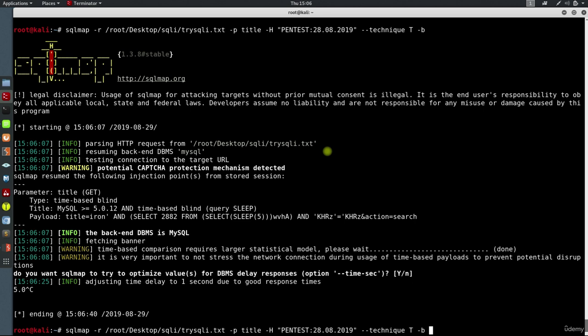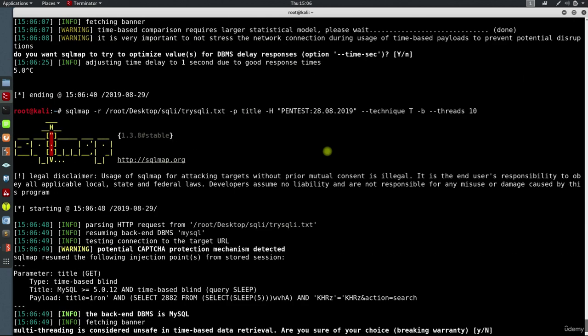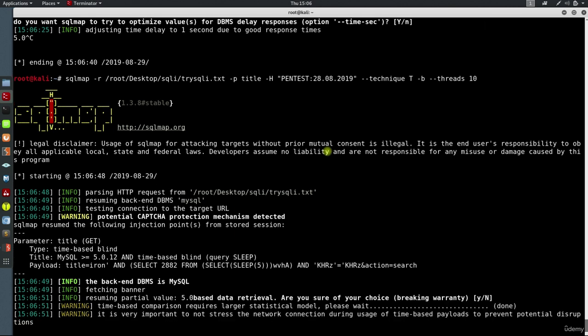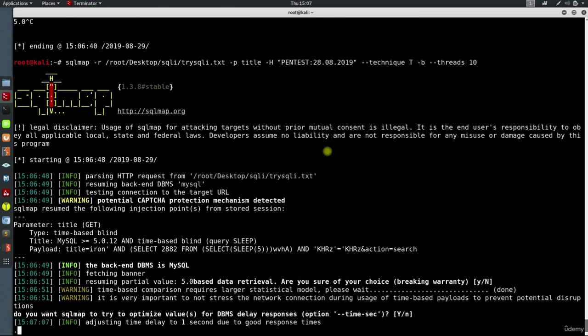So now you may think, well, adding threads to the parameter can solve it. Well, good thought, but I am so very sorry. It doesn't work for time-based SQL injections. And as you can see, SQLmap is very clever. It completes the previous data retrieval process. Okay, so I just can't wait that much. So finally, we come to the end of the SQL injection part of this course. I hope you enjoy that,